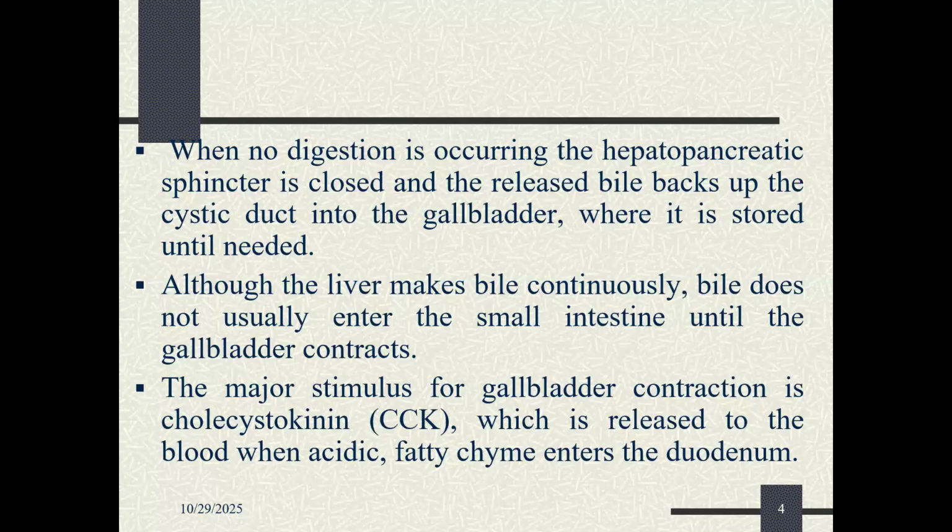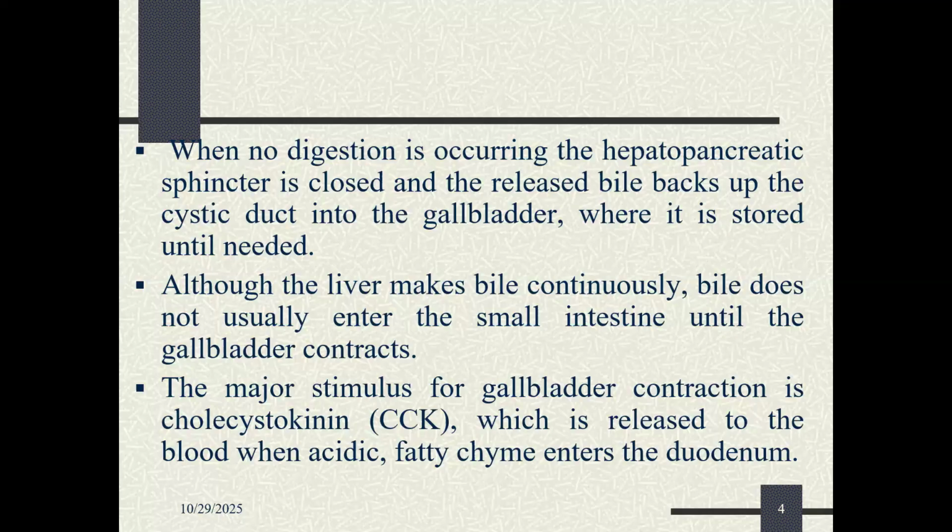So although the liver continues to make the bile, bile does not usually enter the small intestines until the gallbladder contracts. That means it can only be squeezed to go into the small intestines when the gallbladder contracts. The major stimulus for gallbladder contractions is an enzyme we are calling